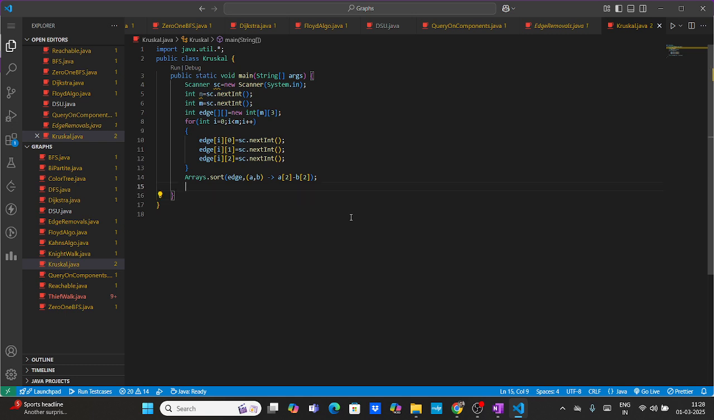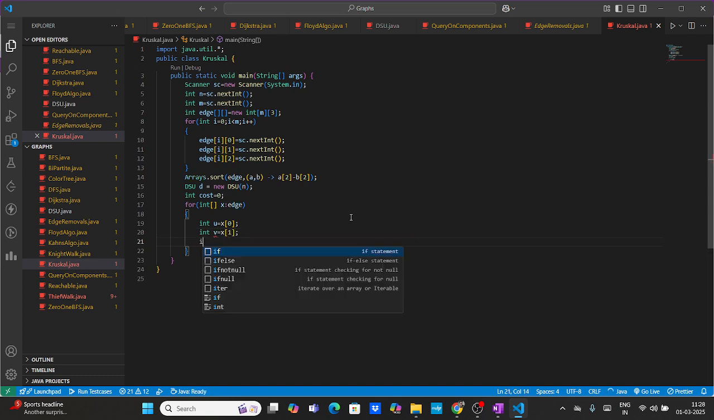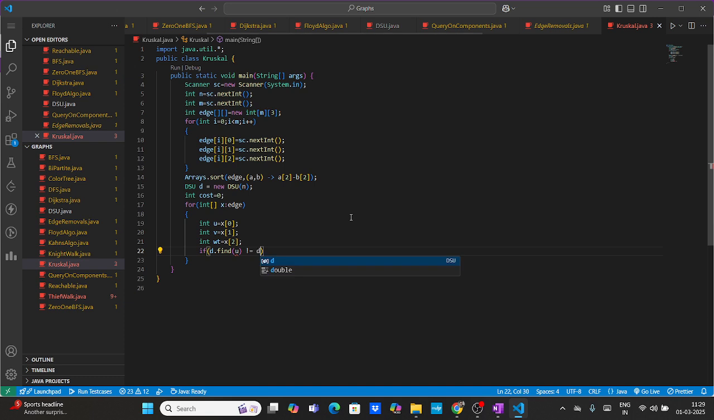So once done, probably we have the DSU ready. So DSU d equals new DSU of n. Okay, so what we will do, we will have int cost equals 0, for int x in h, int u equals x0, int v equals x1, int weight equals x2, right? These are the things which we have, right? Now if d dot find of u is not equal to d dot find of v,